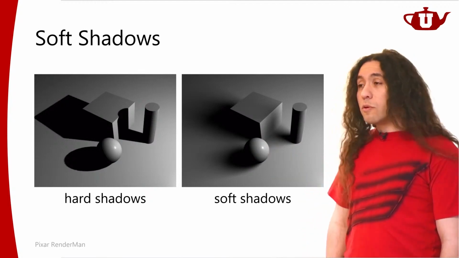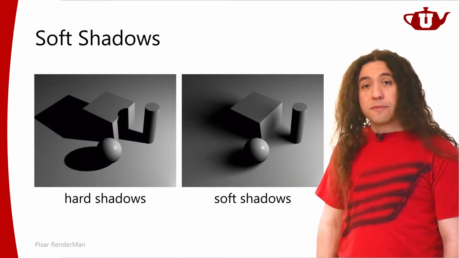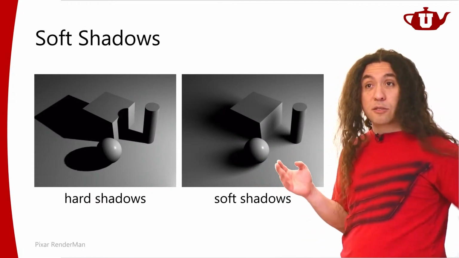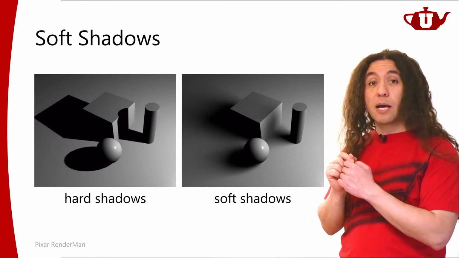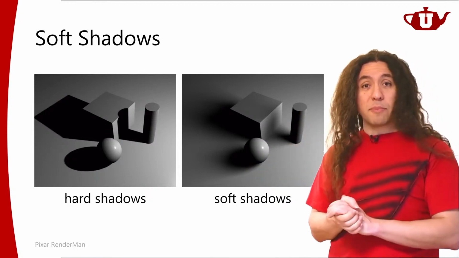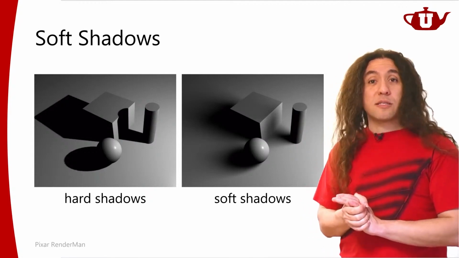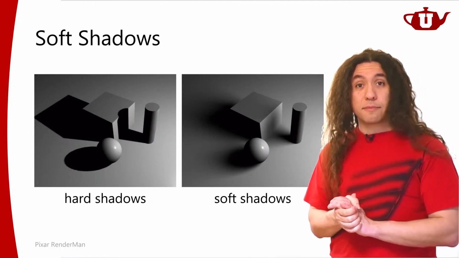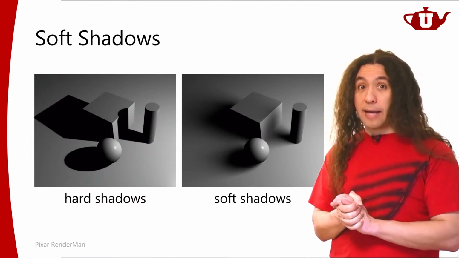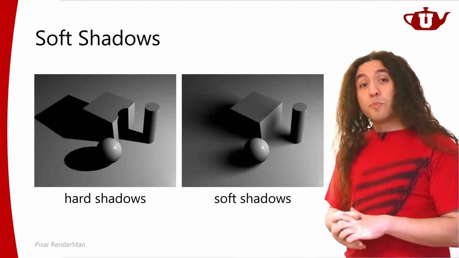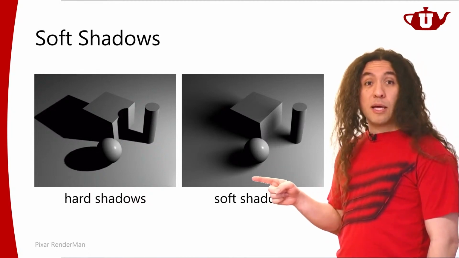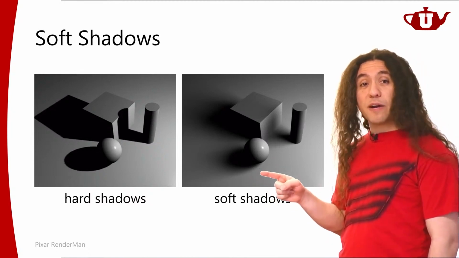So area lights have two types of effects. One is that it's going to impact your illumination because light is not coming from one direction now. Light is coming from a range of directions for an area light. And we talked about that before. And that changes how you do shading. Yeah, if you want to use area lights properly, you're going to have to consider that, definitely. But the other thing that area lights do is that they change the shadows. And that part, I would say, is very, very obvious.